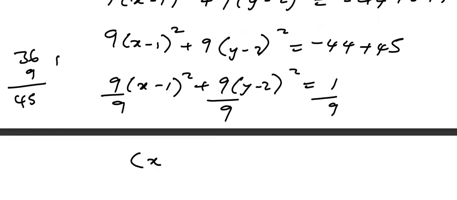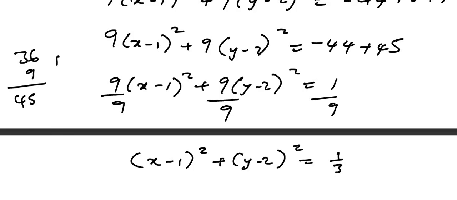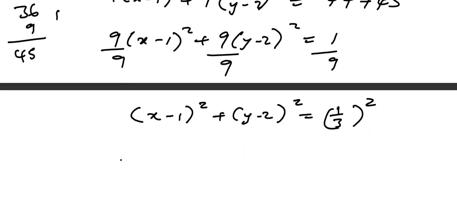Implying that I'm having (x − 1)² + (y − 2)² = (1/3)². So my radius is 1 over 3 and my center